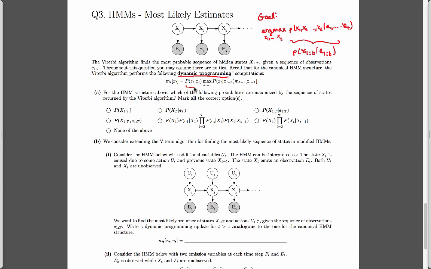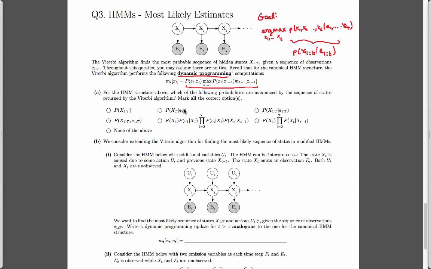So it looks pretty similar to the forward algorithm in that you have your transition model and your emission model. You also have this previous state, which is similar to your belief in the forward algorithm, except it's actually more like the maximum estimate up to t minus 1. And then instead of summing here, we're actually going to take the maximum over all possible values of x_{t-1}. So in question A, we